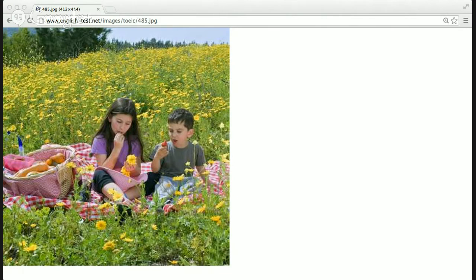Okay. How to spell it? I put it in the Verbling chat box. You see that? Okay. It's a red and white checkered blanket. Okay. All right. What else can you see here? Yes. Exactly. As we can see here, there are vegetables and fruit as well. Okay. All right. Very good.